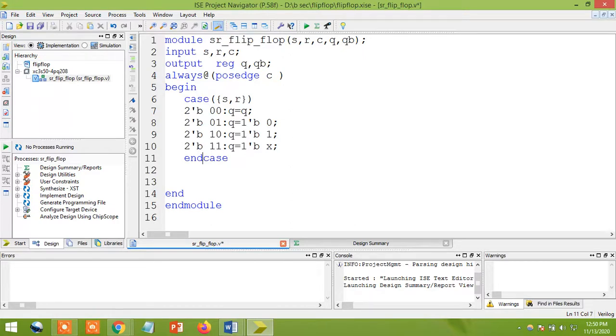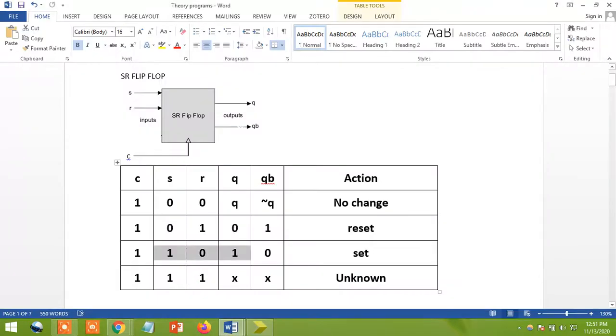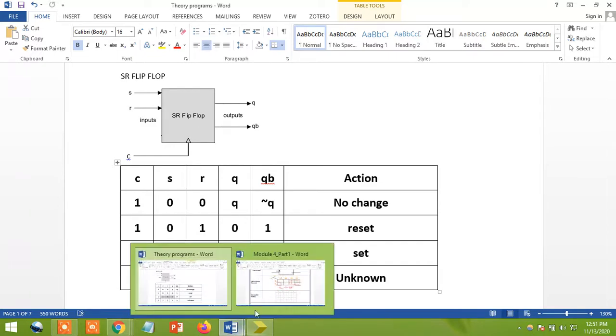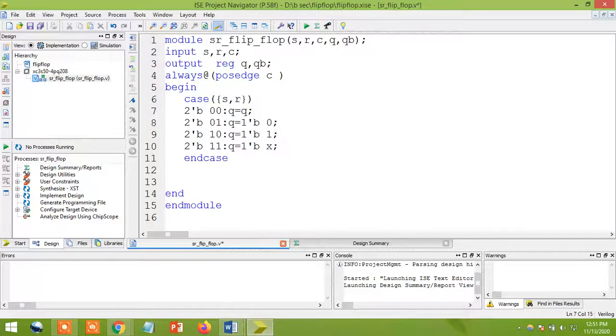Sir, I did end that, but nowhere am I defining my QB value, right? If you want, you can define. If you give a comma and QB value, you can get. But what I'm telling, when we come to my block diagram, my QB is exactly opposite of my Q value, right? That's why I'm going to write it out of my case statement. So I'll write here just my QB value.